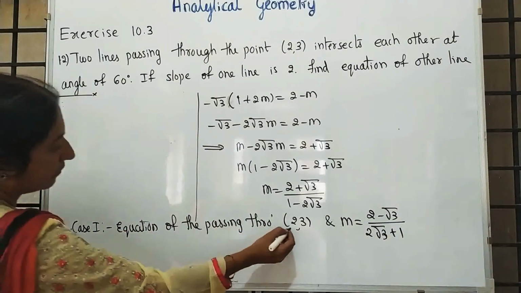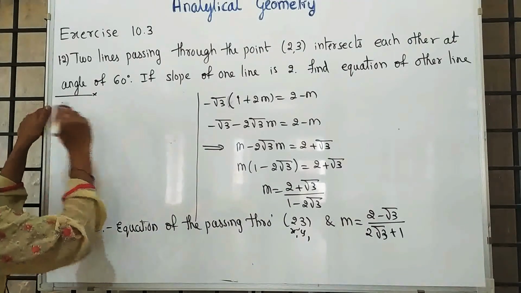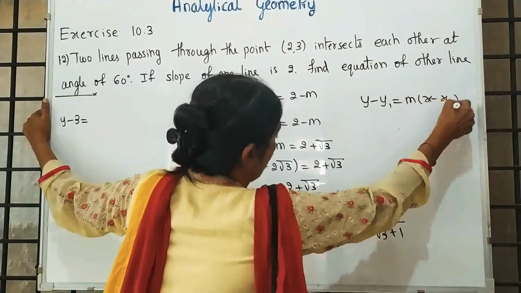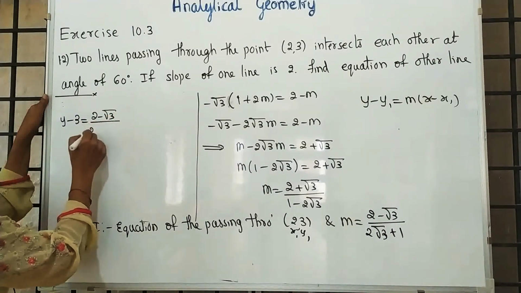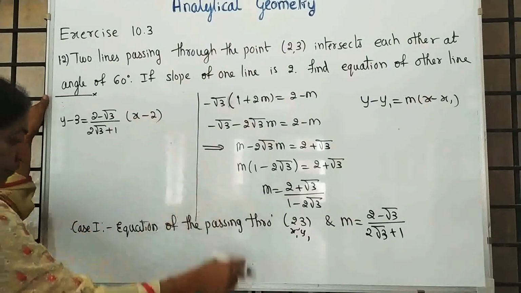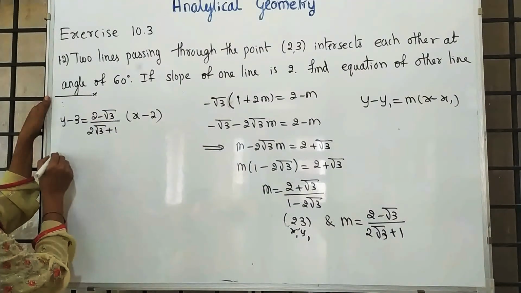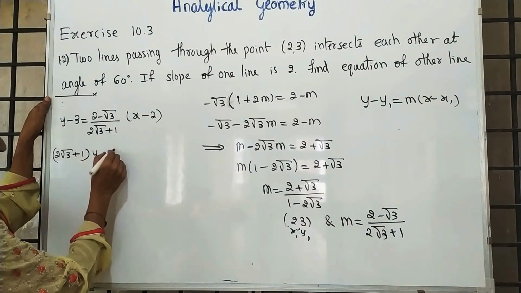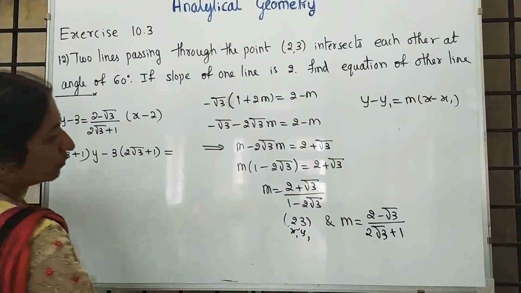This is x1, y1. The formula is y minus y1 is equal to m into (x minus x1). So y minus 3 is equal to (2 minus root 3) upon (2 root 3 plus 1) into (x minus 2). Now simplify this. Cross multiply. (2 root 3 plus 1) into (y minus 3) is equal to